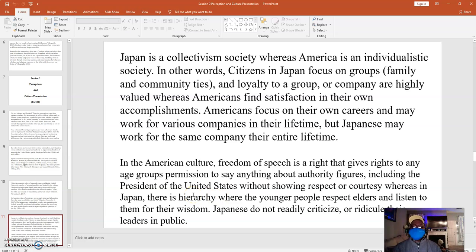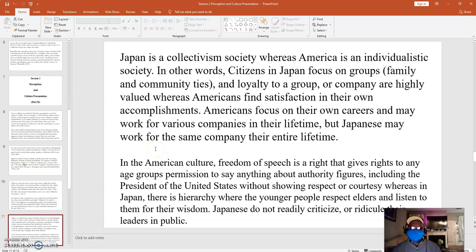In Japan, the Japanese belong to a society. They belong to a group or a family. They cherish their family, their group. But in America, we focus on individualism, and we want to focus our attention on our own accomplishments. And when it comes to work ethics, they have to be on time. And in Japan, people don't change company. They work for a company almost their entire lives. Whereas in America, in your life, you can work for maybe 15 different companies.